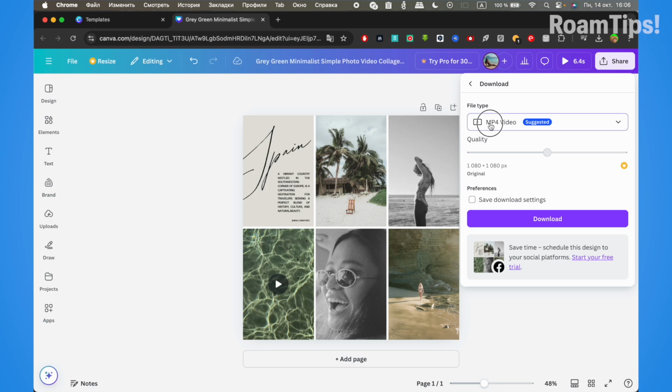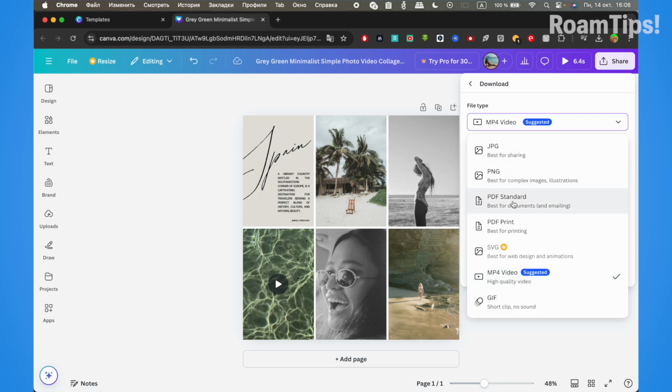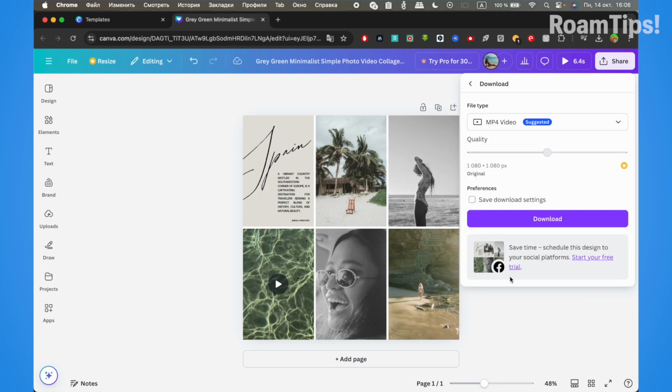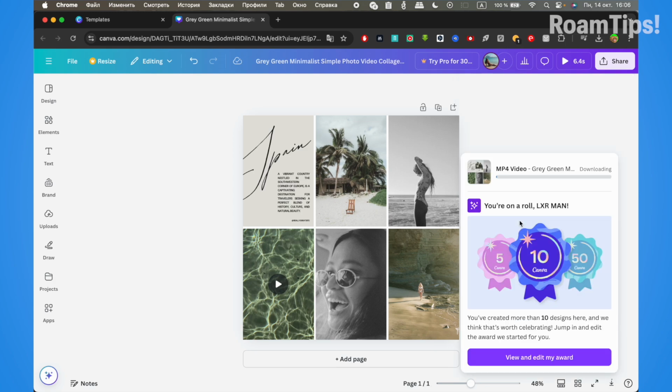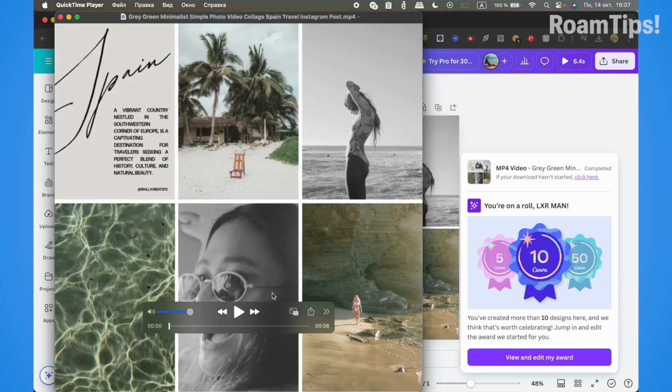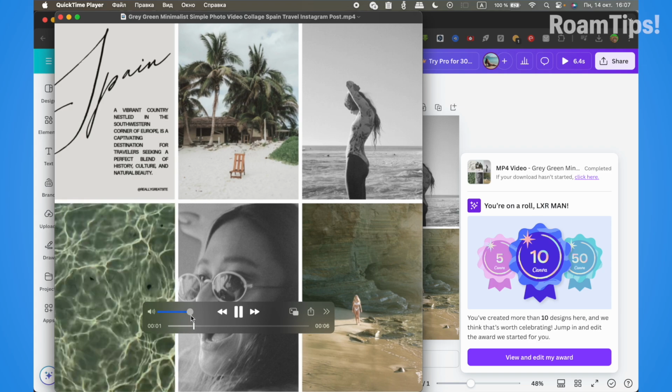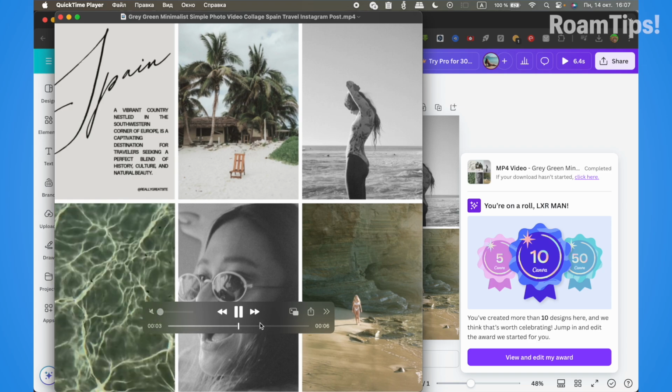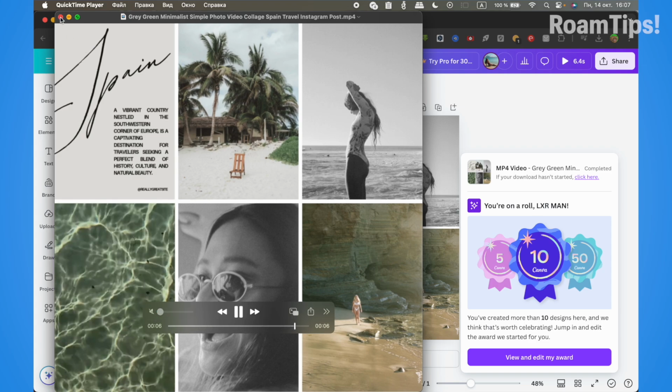and select the file type. I select MP4 video, change quality, this is Canva Pro, and click on download. I'm waiting. Alright, video is downloaded and click on and check video. Alright, and